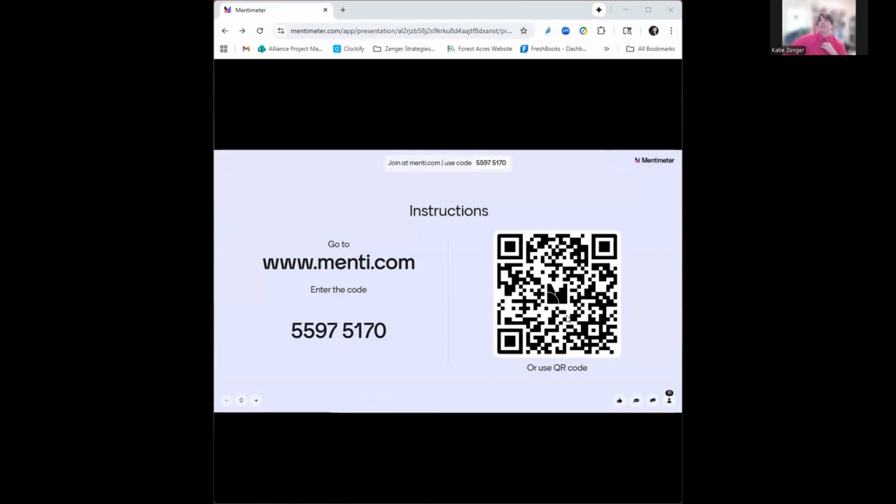It's 55975170. I feel like I'm on like an infomercial. 55975170, or use the QR code and it'll take you right there. And we will get to learn,